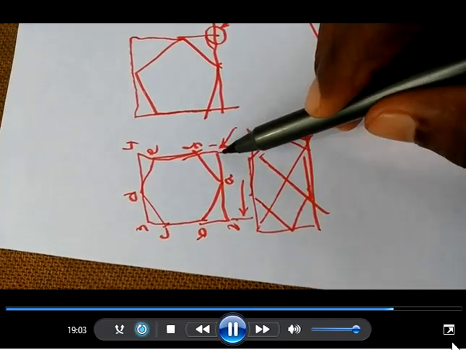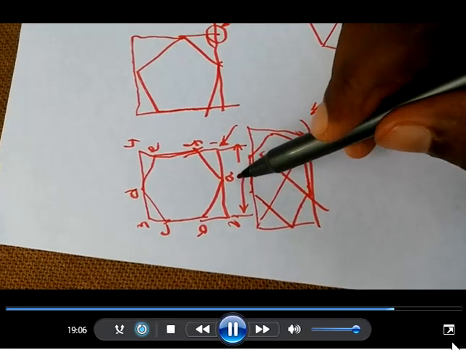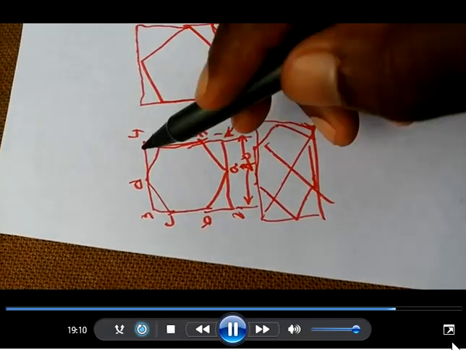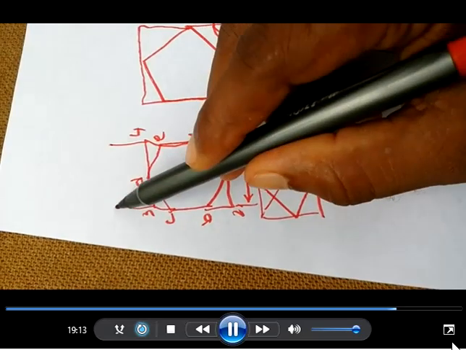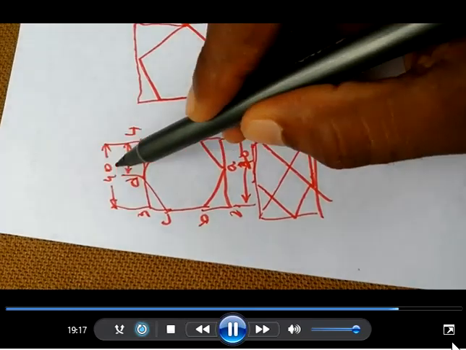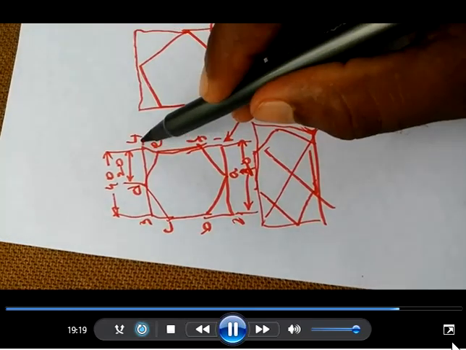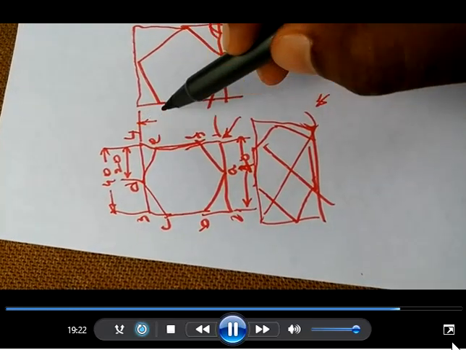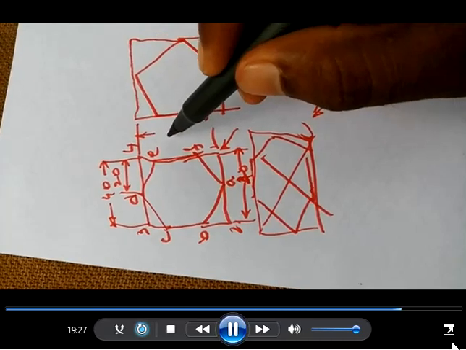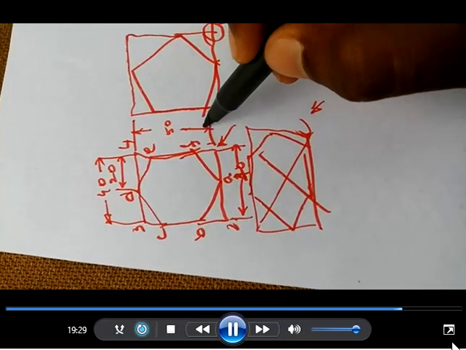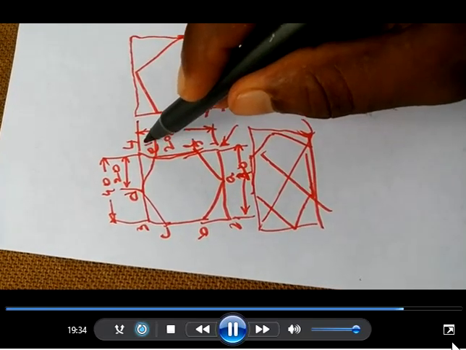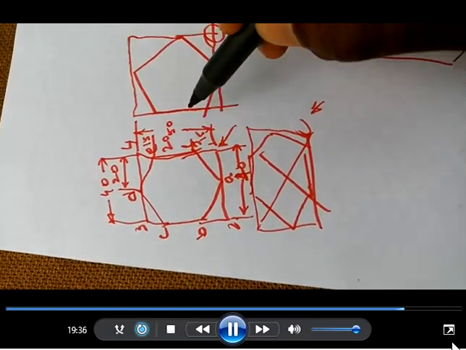Measure this dimension, say suppose it is around 40. So obviously even this dimension will be 40. Measure this dimension, that will be around 20. Measure what is this dimension. For example, we'll get this dimension as around 50 mm. This is 20, so this will be 15 and this will be 15.